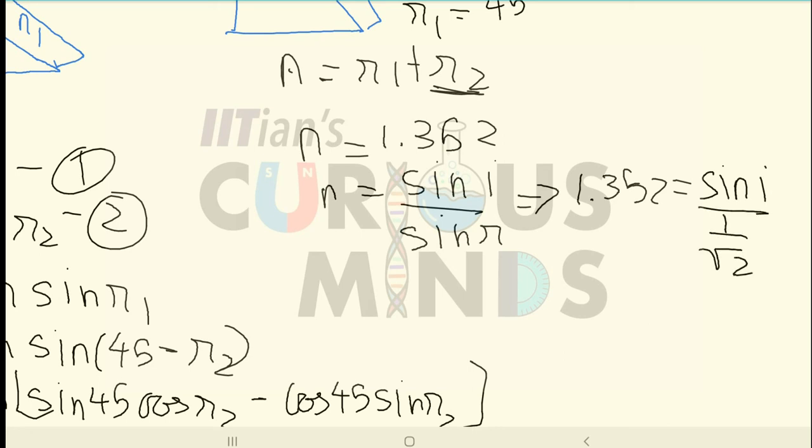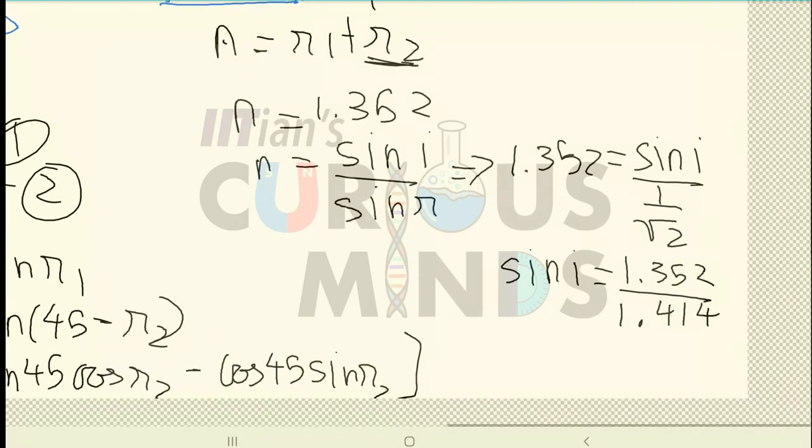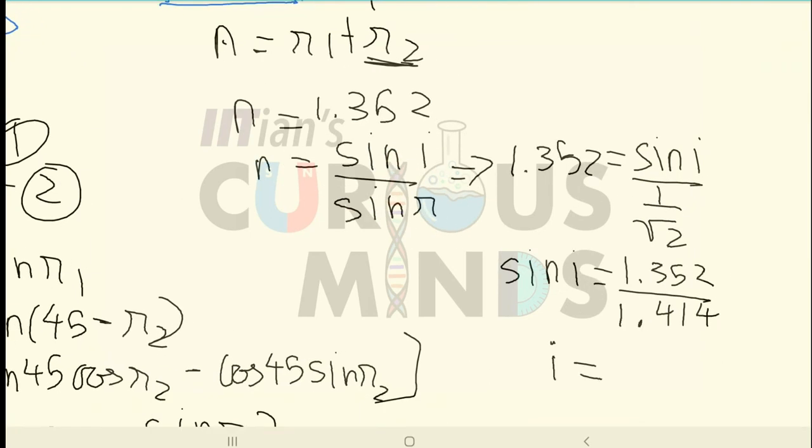Now over here understand that sin R1 is equal to 1 by root 2. So when the root 2 goes in the numerator, sin I will be equal to 1.352 divided by root 2, which is equal to 1.414. If I calculate the value of I, the value of